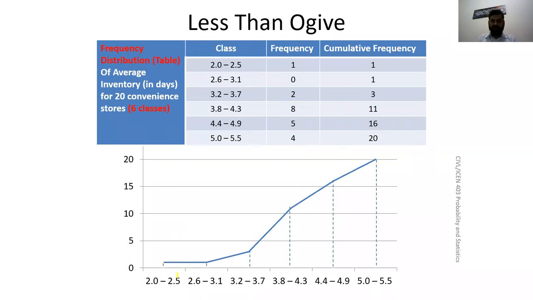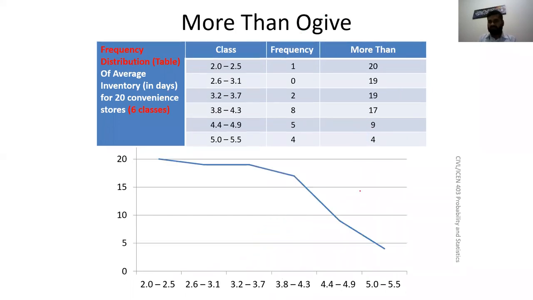If I make the same polygon, not from the histogram, but from the cumulative frequency, if I have cumulative frequencies and plot these points as cumulative frequencies, not the frequencies, and join them, it is called an ogive. More specifically, a less than ogive. Why less than ogive? Because this is the less than cumulative frequency. If I start from down to up, that is the more than ogive.